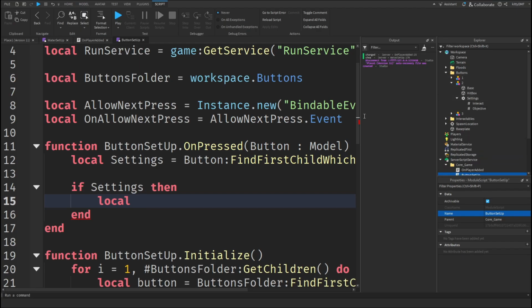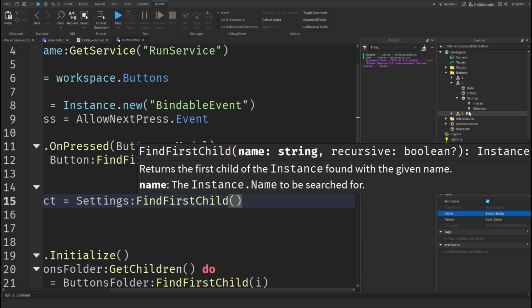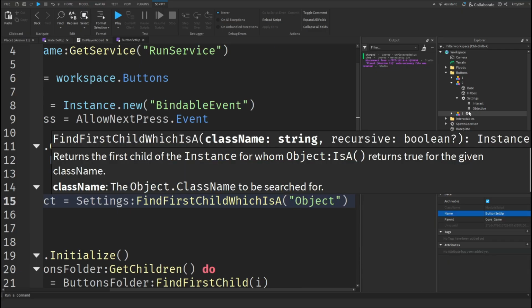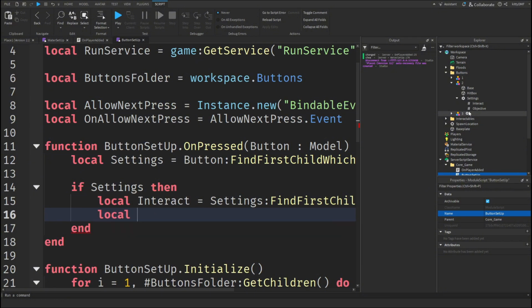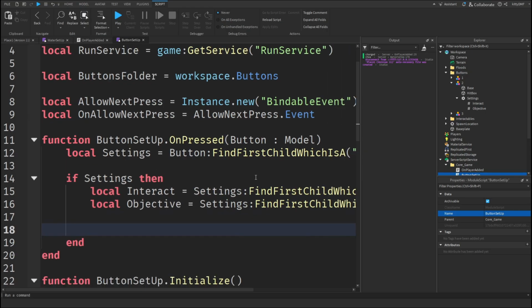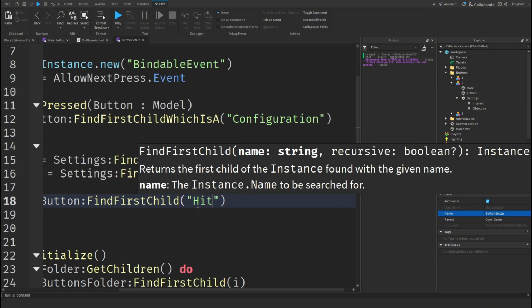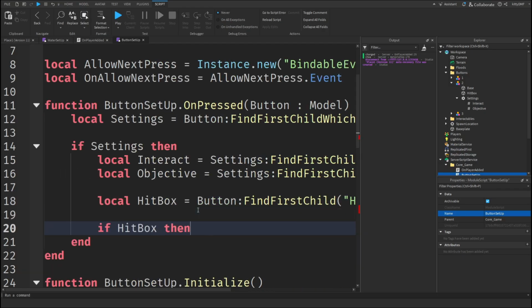In the buttons, we have the settings, the interact objective, so local interact equals settings, find first child, object value, or no, find first child, which is a object value. Our local objective will be equal to the settings, find first child, which is a string value. Now that that's done, we can do some things. Oh, we also got to define our hitbox will be equal to the button, find first child hitbox. If this hitbox exists, then